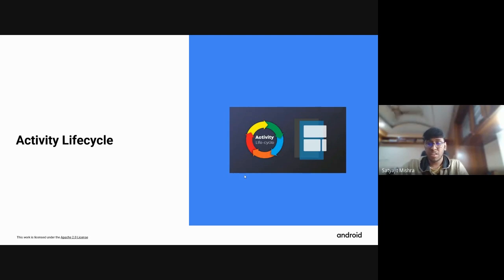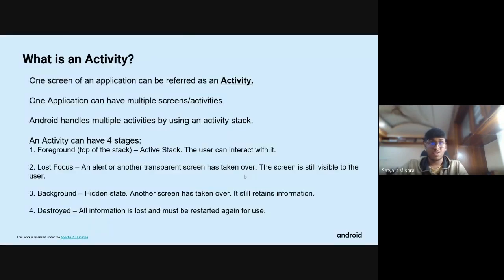All right. So we will get to the very first topic, that is the activity lifecycle. Does anyone know what exactly an activity is? Does anyone have any idea of what an activity is? Just a simple answer. No one? Okay, fine. So simply, an activity can be referred to as one single screen of an